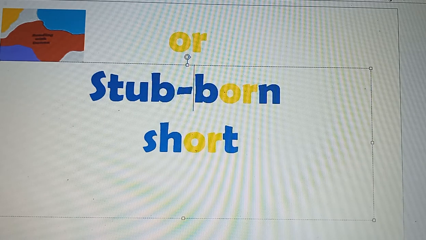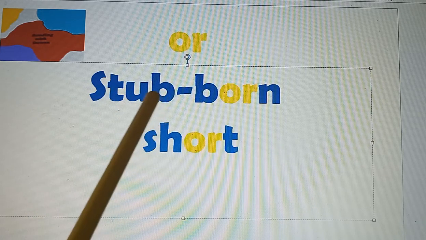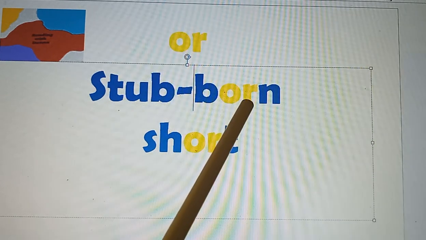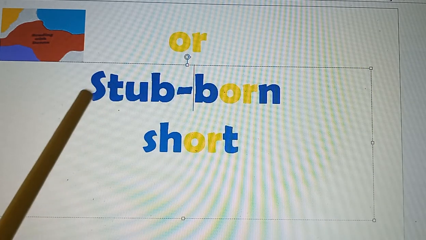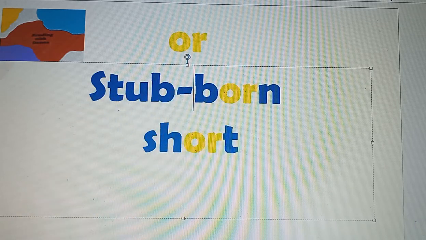So there we have st, o, b, stub. And then born, b, or, n, born. Let's look at them a little bit closer. St, o, b, stub. And then there is b, or, n, born. Stub, born. When we put them together as one big word, that's the word stubborn. And we move down to